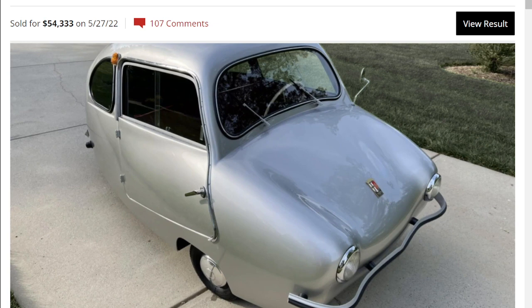This is actually a vehicle that had already sold. Pretty rare, something that I'm not 100% familiar with, but I had known about these since I was a kid. This was a German vehicle called the Fuldamobil, and this is during a time when